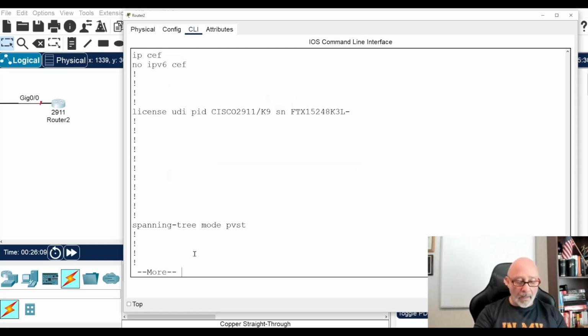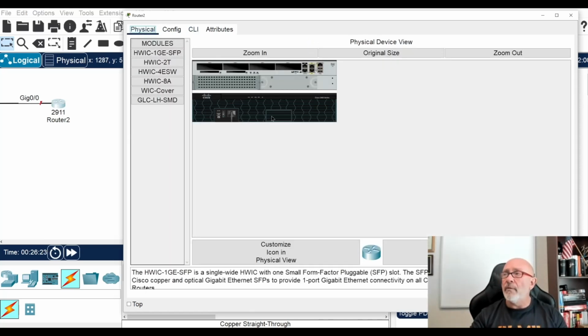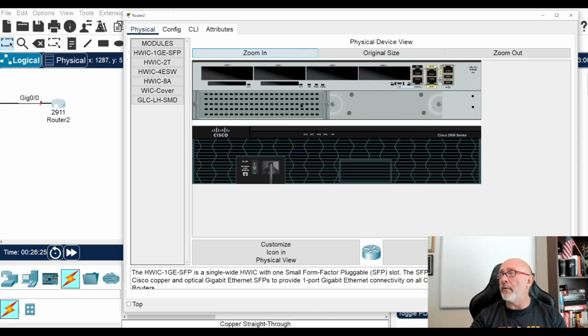Okay, all right. So now we're here at the router. The next thing that I would like to do is the lines, and some people don't understand what the line is, you know, line con 0, line VTY. If you look at the physical aspect of your router, this port right here, that's your console port.